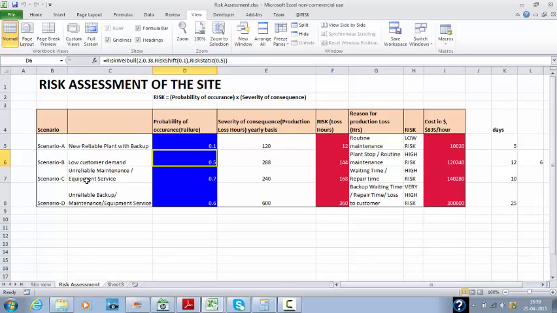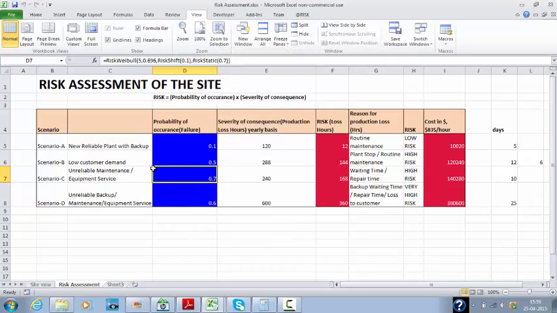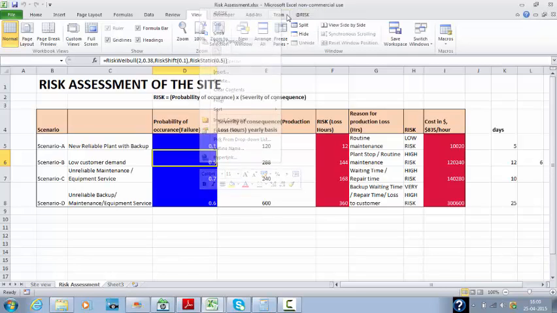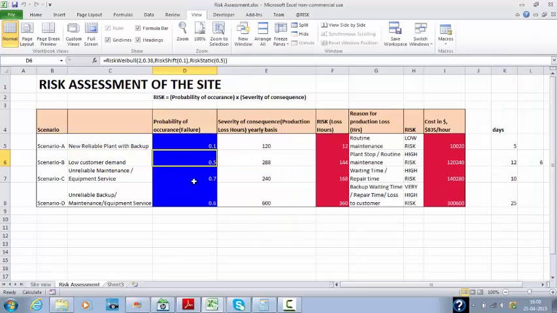And in case of unreliable backup, maintenance, and equipment services, the probability is 0.6. I've chosen again a Weibull. Okay, this is what I was discussing with you on the low customer demand. I've chosen a Weibull, and I've chosen 0.38, and this distribution for unreliable maintenance and equipment service,